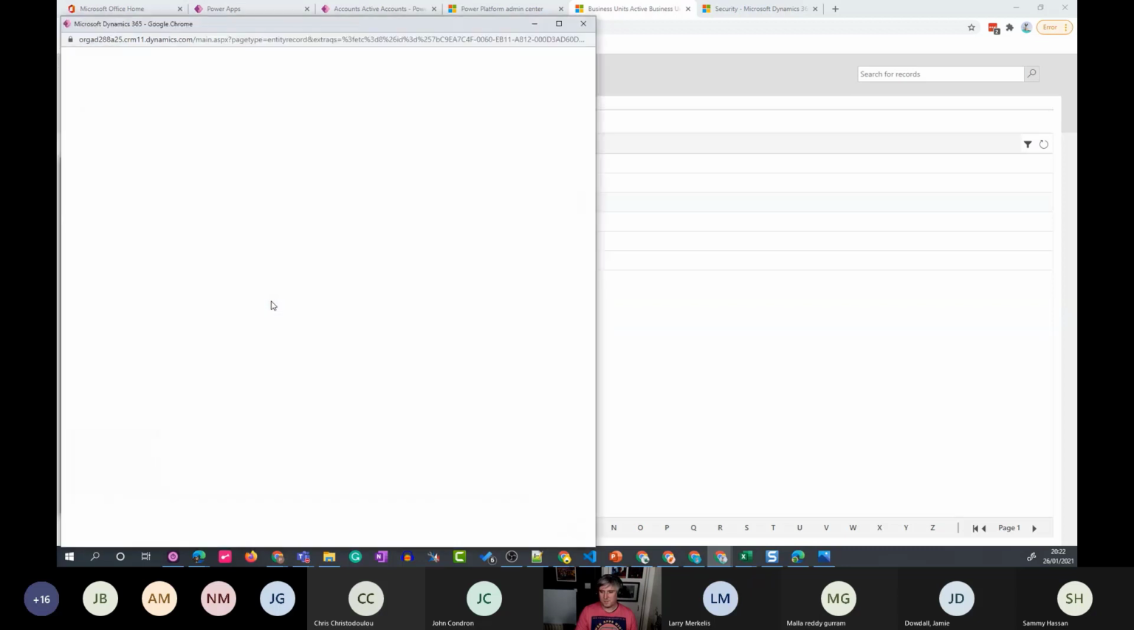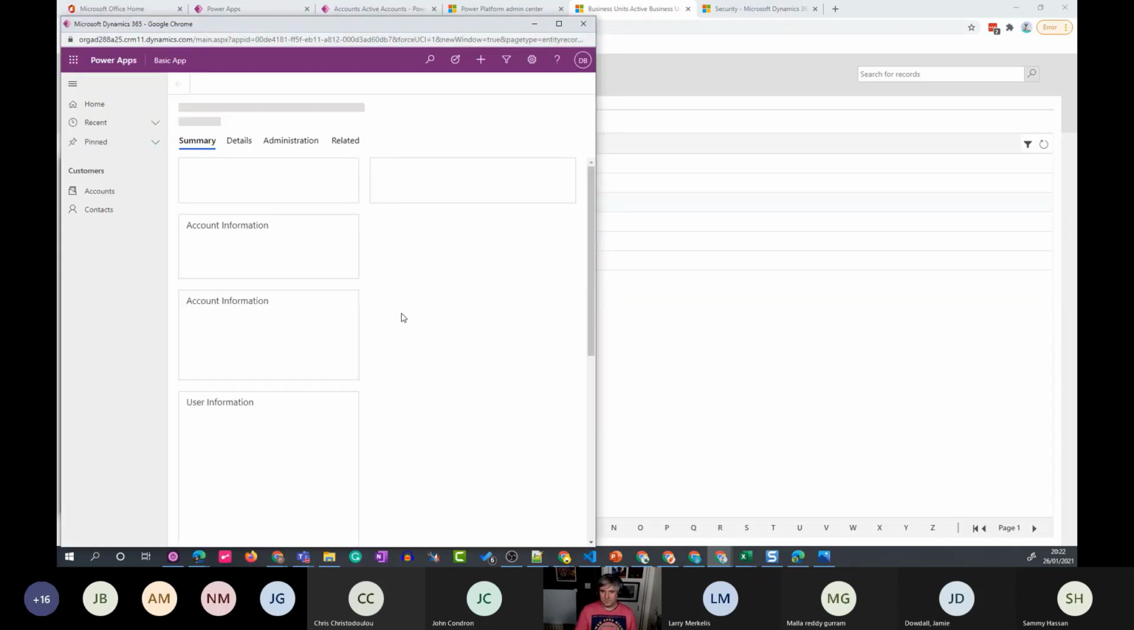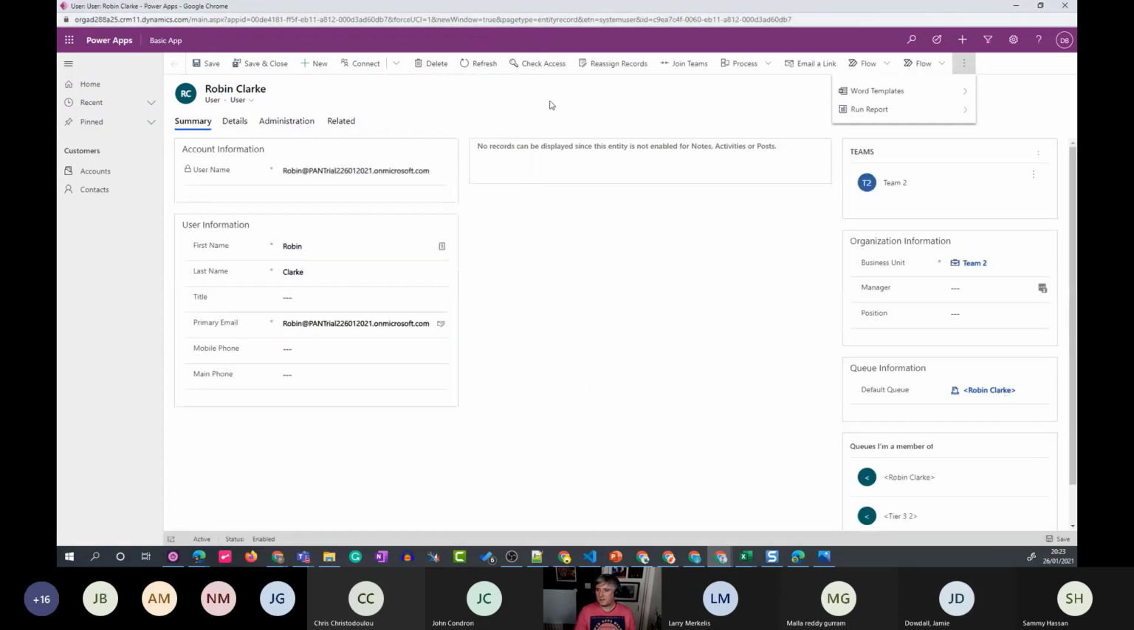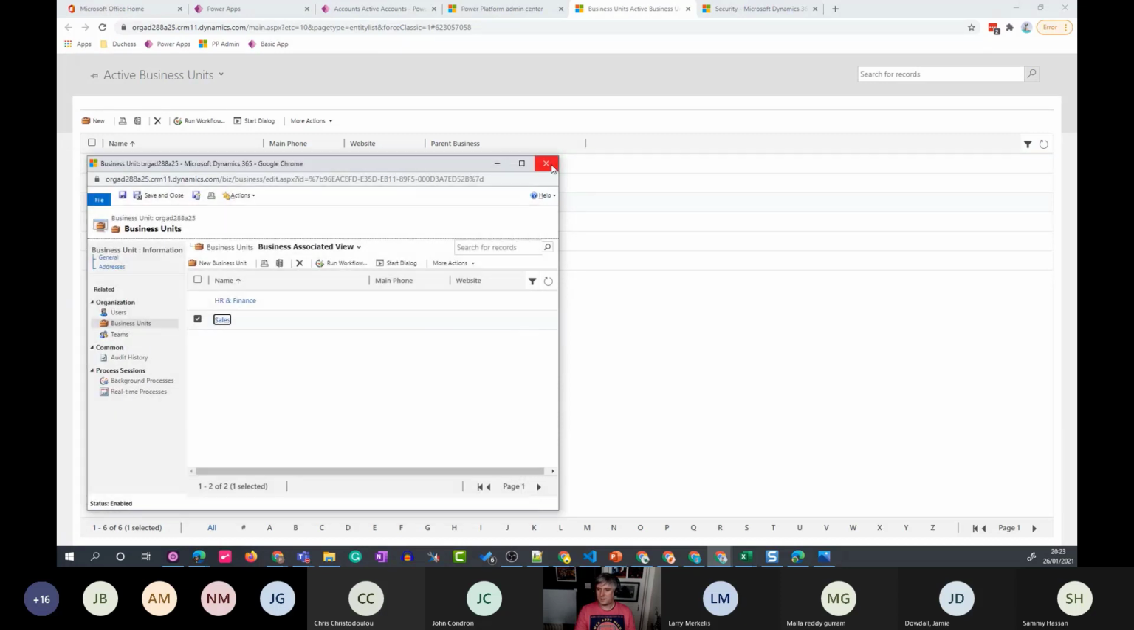In order to change a business unit for a user, just while I'm in here, I'm not going to do it, but I'll show you. You go into the user record, and you have to. Where is it? It's usually up there. You can change it. There's usually a button up here that says change business unit. Might have to do it from the grid. If I go into the users section,